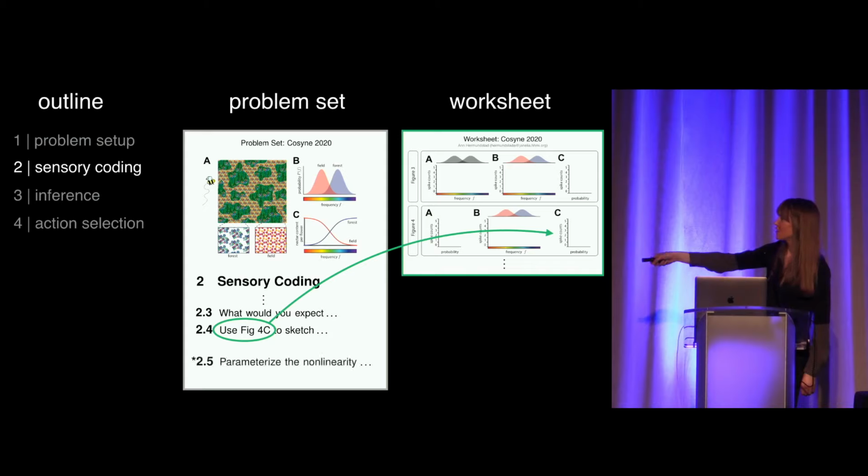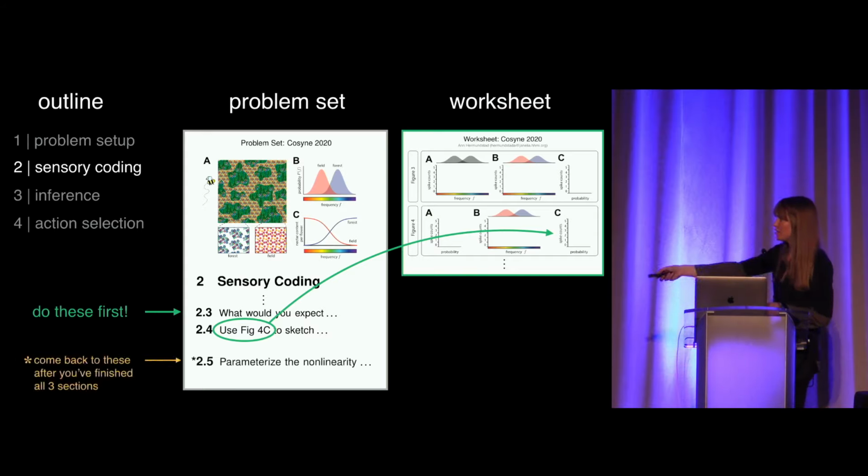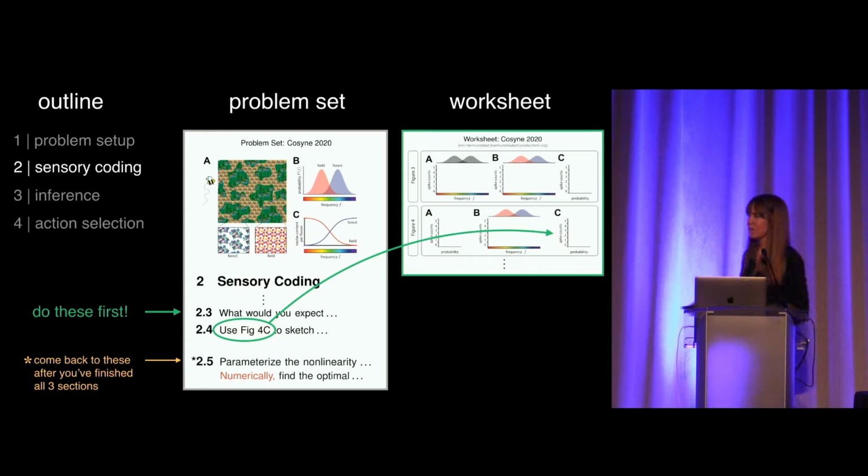And then you'll see that this is followed by starred problems. So I want you all to start by working on these non-starred problems first. These are problems that you can do on pen and paper, you can do directly on the worksheet, and then after you've done all the non-starred problems for all 3 sections, then come back and tackle the starred problems. These starred problems are more involved, and in some cases involve coding and simulation. So you might see problems that ask you to numerically optimize something or find something, and so for that, you can do this